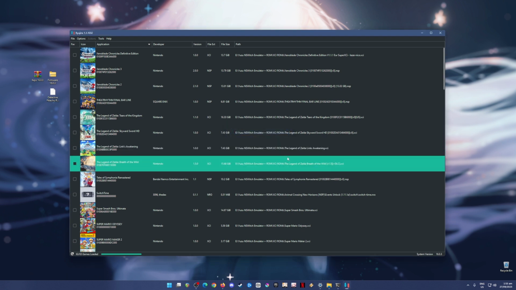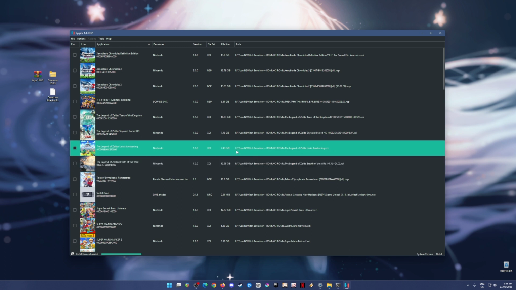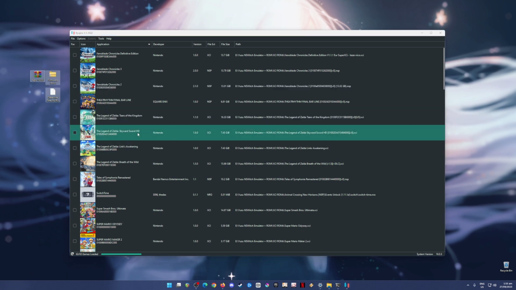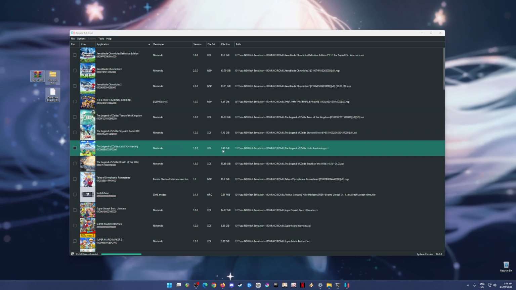You'll know that it is successful because it will boot up all of your Nintendo Switch games and it will show you their game icons. So if you see a game that does not have a game icon, it is black or blank, that means that you're using an outdated firmware and an outdated key. So be sure to only follow the QR code that we have put on the screen so that you'll only get the latest files in order for you to install in Ryujinx and the latest game, which is Detective